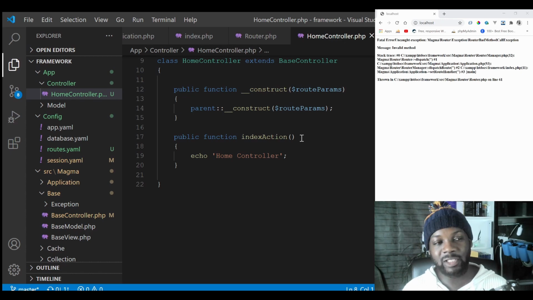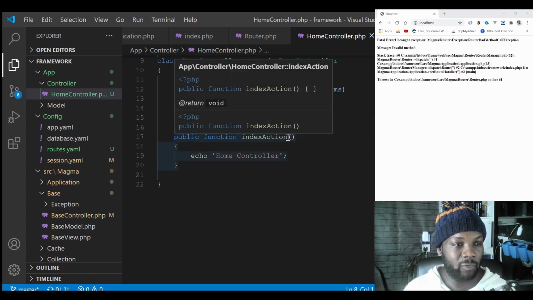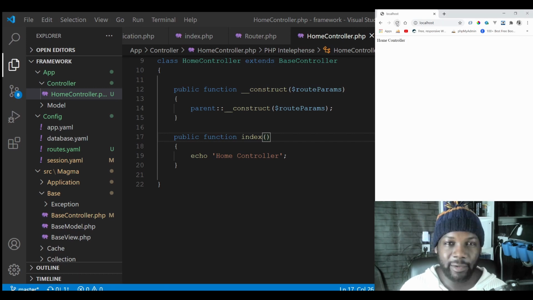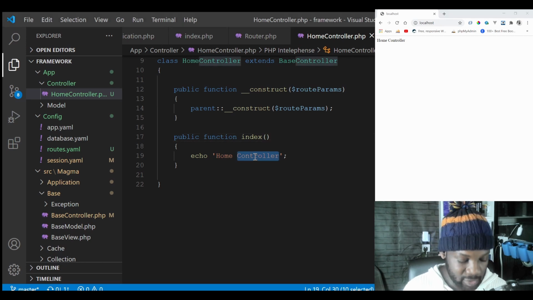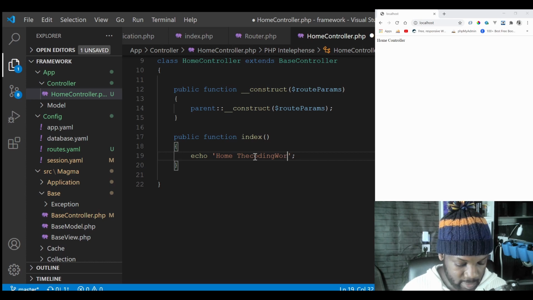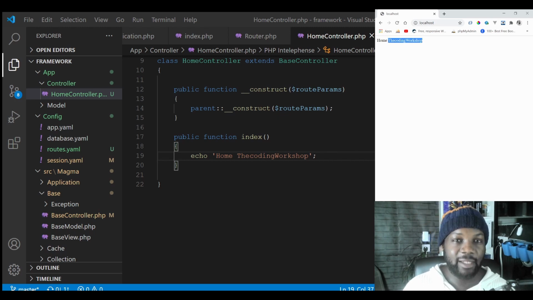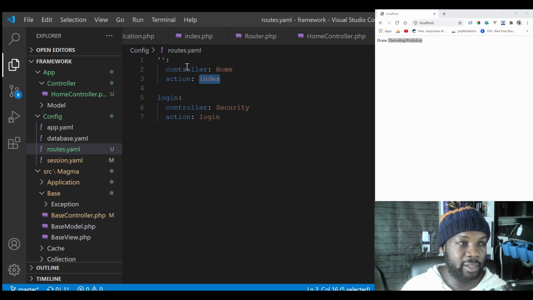Now I'm going to demonstrate something for a minute. I'm going to take that action off and see what happens. Reload, and there we go. We're hitting this index controller, and if I change that to, say, the coding workshop, reload, and there you go. We're getting that. We know we're hitting that index route,